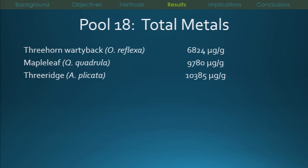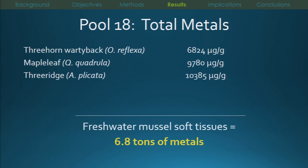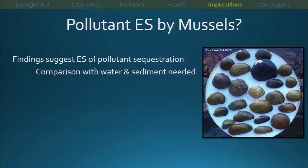So in pool 18, I have them again shown from least to most, total metals from about 6,800 to just over 10,000 parts per million in these species, and we did that same general calculation to determine about 6.8 tons of metals in the tissues of our native mussels in pool 18. So these findings suggest that they do provide an additional ecosystem service of pollutant sequestration,